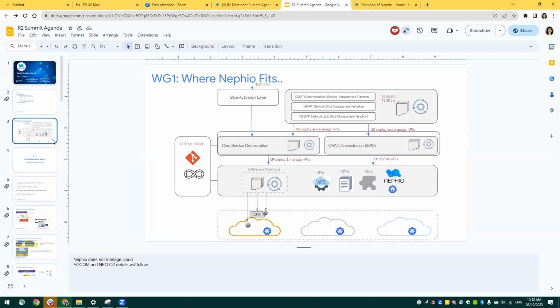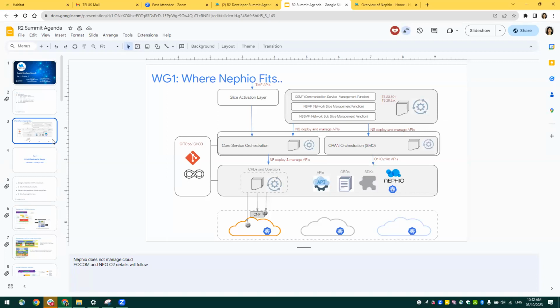normally that's not declarative. So that's why I'm a little curious about, you're okay with this arrow between the ORAN SMO and Nephew using O1, O2, those things. From my perspective, the intention of Nephew is to fulfill what the O1 and O2 interfaces are meant to do. Whether it will be compatible to the ORAN specification is TBD, right?